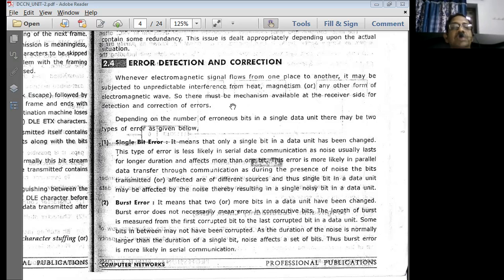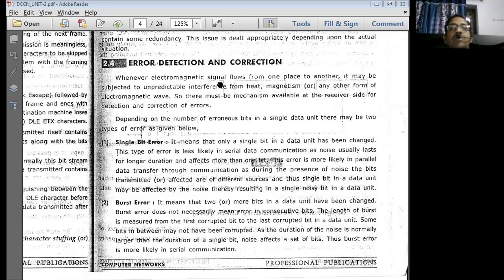So what is an error? You know already, an error is an unwanted disturbance in the signal. In the case of data communications, we are going to transmit the data in terms of binary bits. We may transmit data in a wireless medium or in a wired medium. If you transmit data in a wireless medium, an electromagnetic signal flows from one place to another.